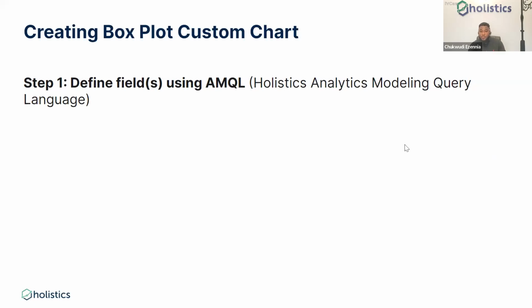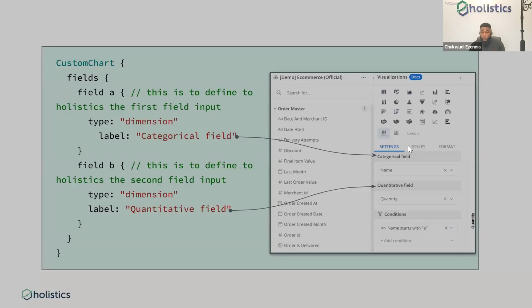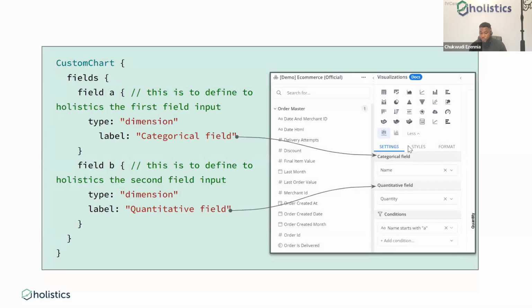At this point, we are going to move over to a practical case, and I'll show you how we can get into the custom chart definition area so we can follow along. Now, we see that for defining the fields, this particular Boxplot chart has two fields: a field A and a field B. The label for the first one reads categorical field, and the label for the second one reads quantitative field. The categorical field listed here gets materialized for your end users, and the quantitative field listed here gets materialized for your end users.